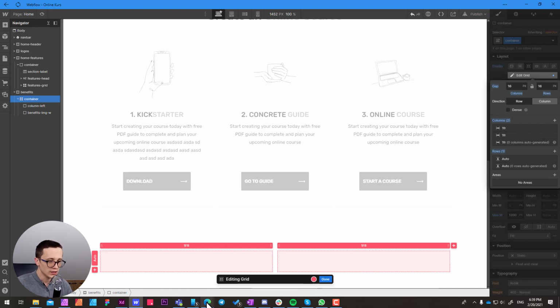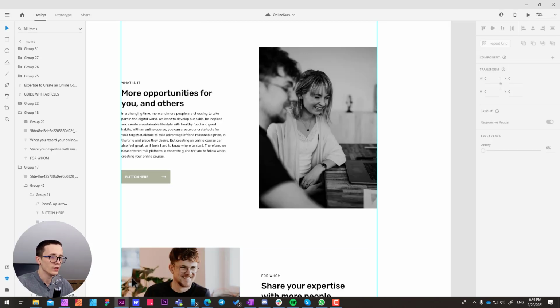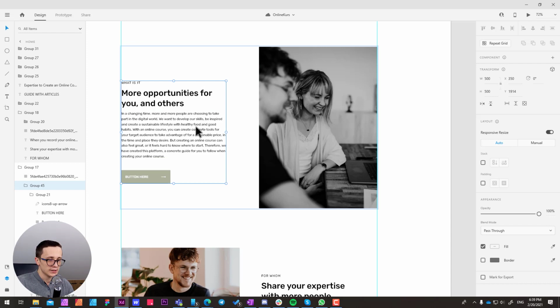Okay, now the next thing to do is, obviously I wanted to define some gap here, but let's have a look in Adobe XD. Let's select our group right here, our div that goes on the left. Let's hold the Alt key and then hover over our image container. And we can see that we have an insane padding, like an insane gap, 150 pixels. Now that's way too much, and we're gonna have problems with our